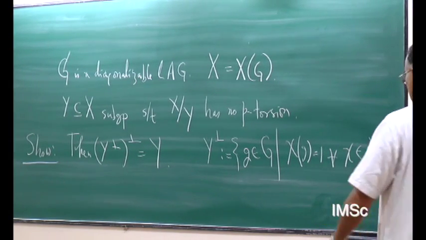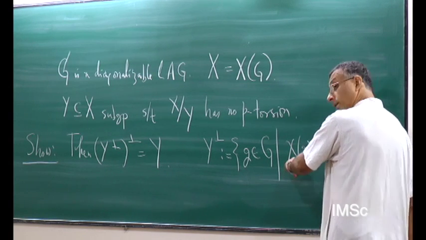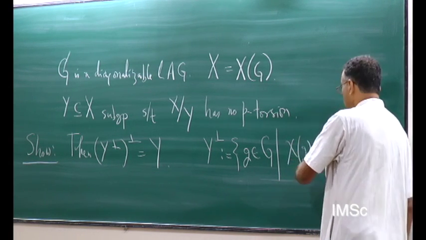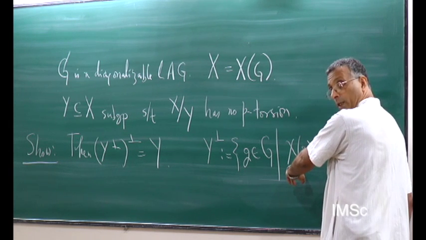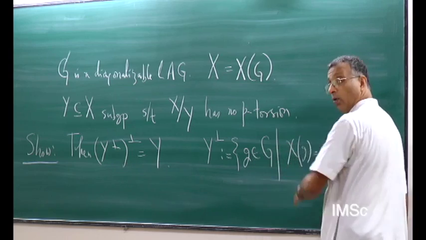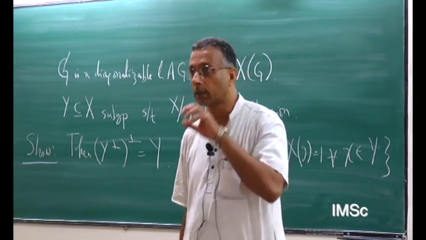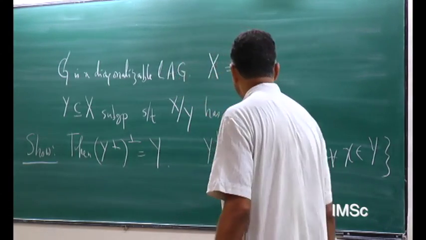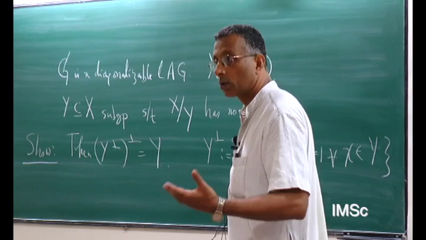Because chi is a continuous function, this condition is the inverse image of 1 under chi. That's a closed set, and then you are intersecting over all g in G, over all chi in Y. Right, so that's closed. So this y perp is a closed subgroup of G,